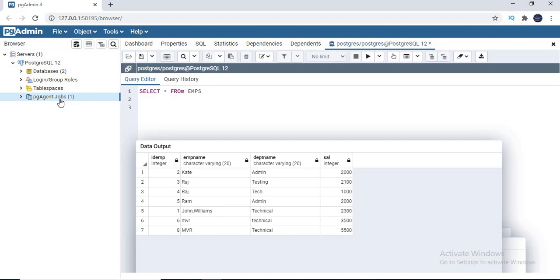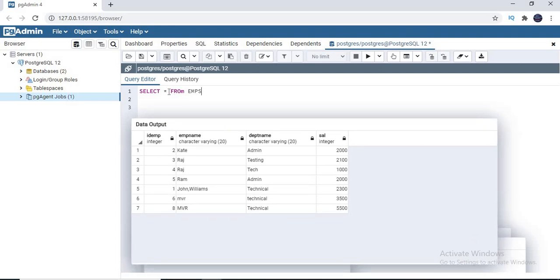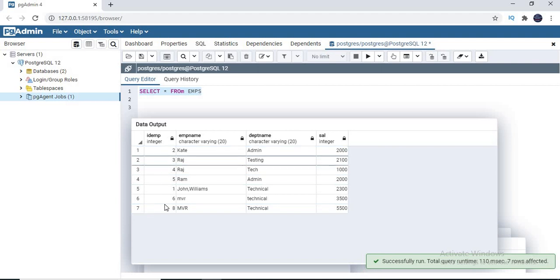Now, let's come to how to create a job and how to automate it. We'll talk about it one by one. I am going to create a very basic job. The process is the same even if it's basic or complex. Before creating a job, I'll show you a table, select star from EMPS, where we have around 7 records.